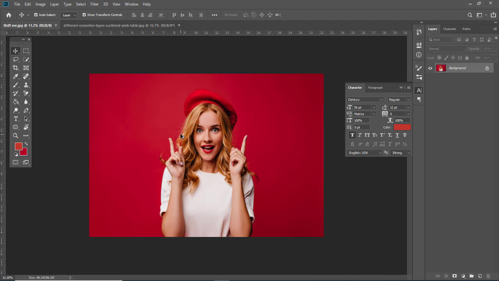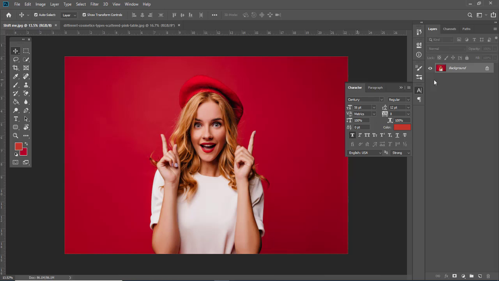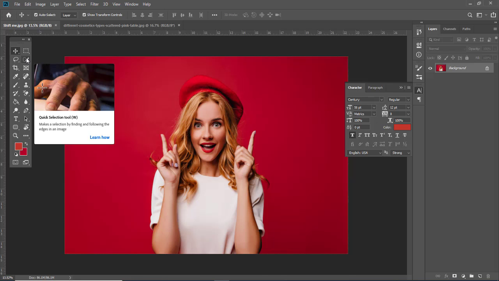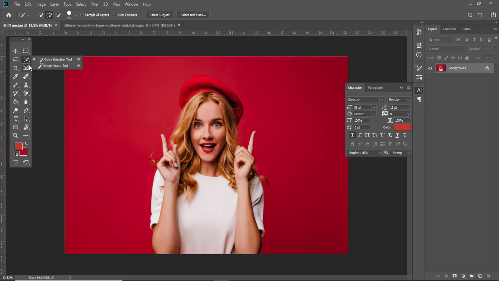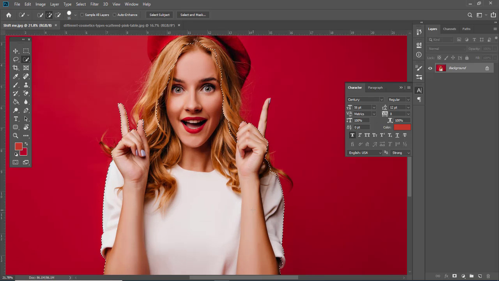So how are we going to do this? Basically we will start with the same old process. We will take the selection tool. It's kind of easy. We can take the subject tool or else we can take the quick selection tool. I guess the quick selection tool will be a bit easier as the image resolution is good enough.